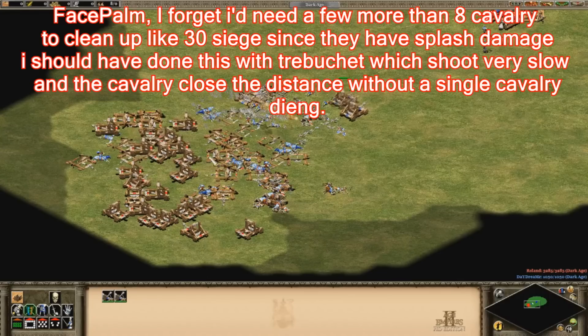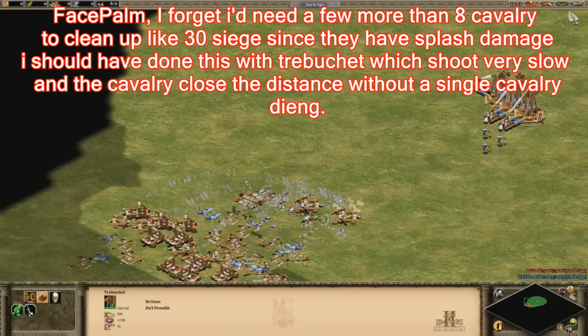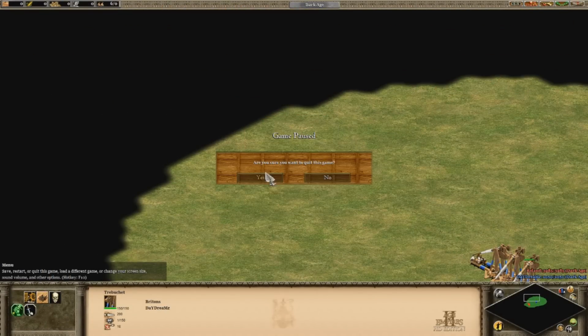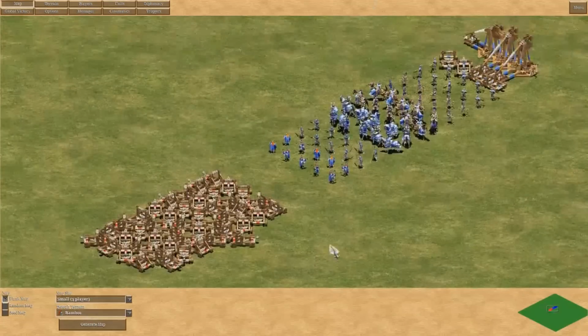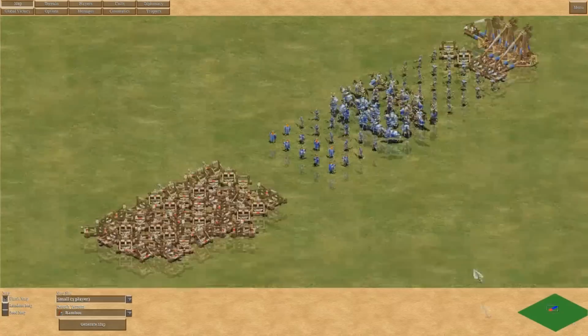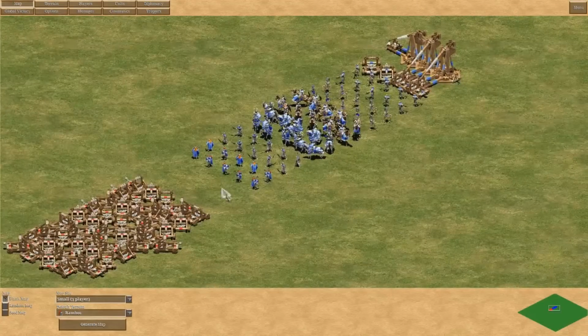See, I didn't attack with all my troops at once. That was a bad example. I should have attacked with all my troops at once. Okay, so what I need to do... So, let's say it's all siege. That's what I did wrong. I'm trying to think of what I did wrong here. I didn't put enough cavalry in. So, I could, in real time, so...